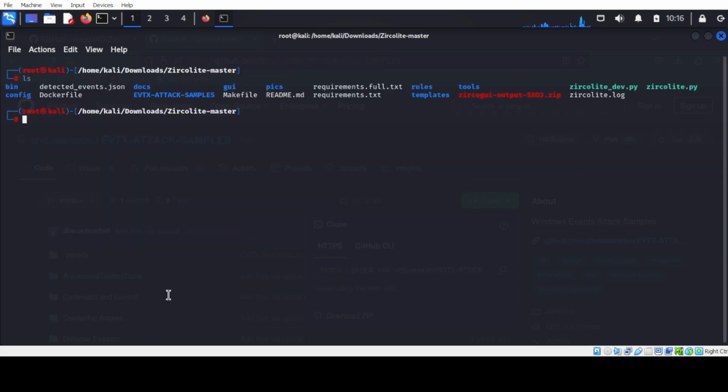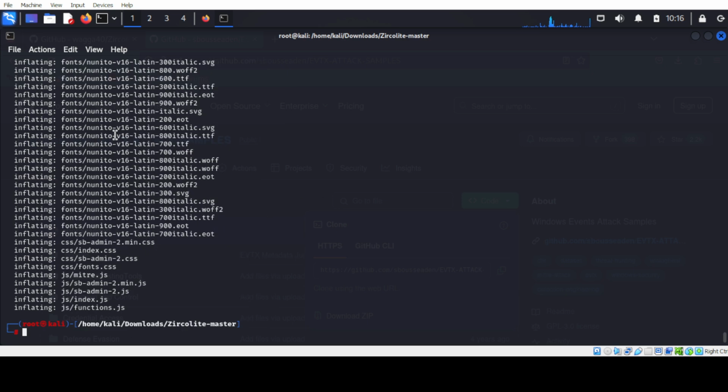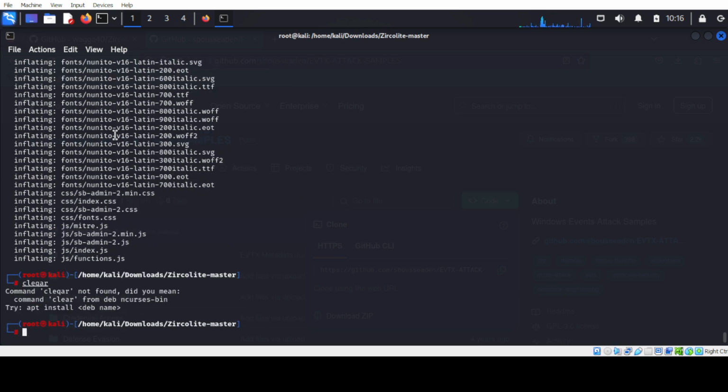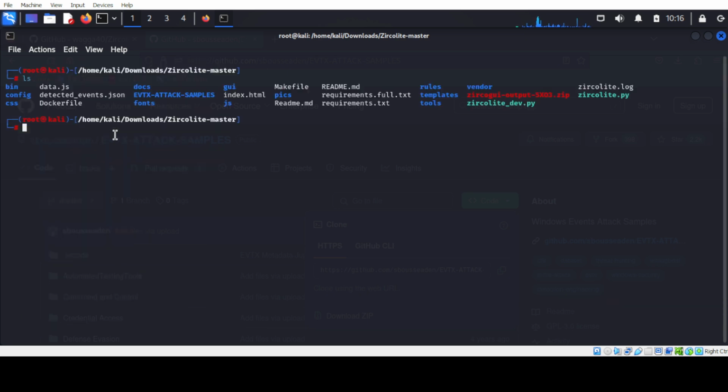If I type ls, you can see a newly created file. Previously it was not present here. I type unzip. This file is unzipped successfully. After unzipping this file, I get a new file that is index.html.